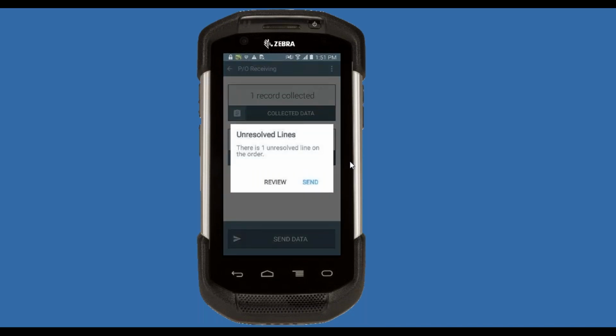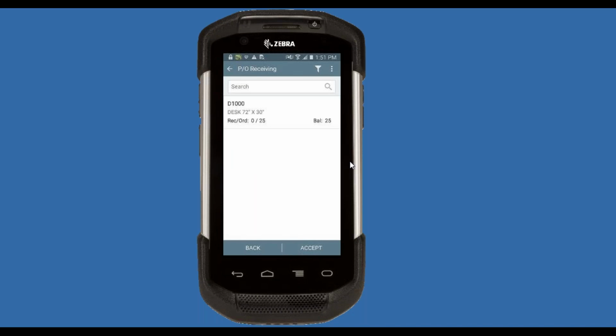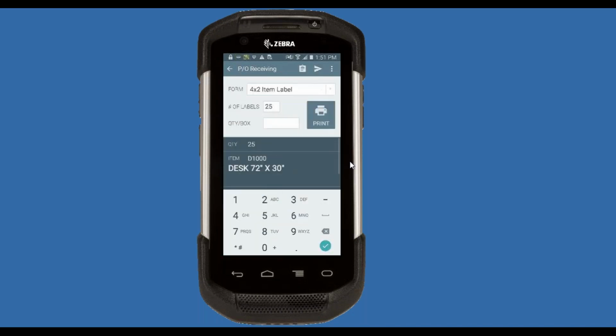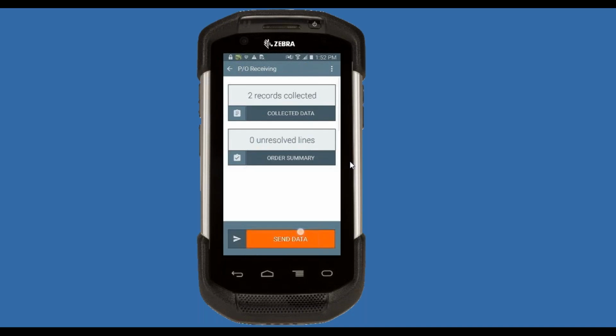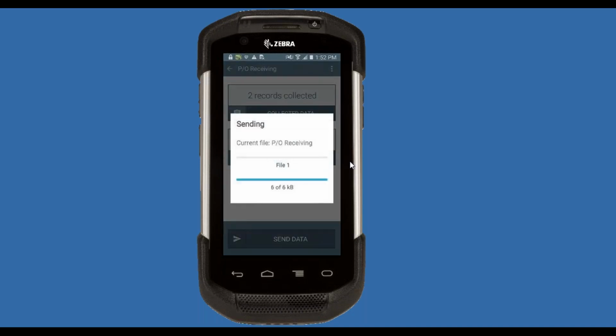So we give you one more warning here. Once again, if I didn't get that item in, I hit Send, it'll send it back to Sage, and then standard back ordering would kick in. If you have that enabled, it'll back order it. If you don't, it won't. However, at this point, if I'm going quickly and I realize, wait a second, I thought I received everything in, I can go ahead and tap Review, see the line in question. If I did in fact receive it, just highlight it, hit Accept, record my receipt, print labels if necessary, and continue on. Now, when I send my data over this time, it's a completely received purchase order,